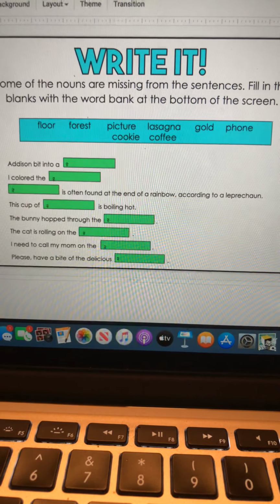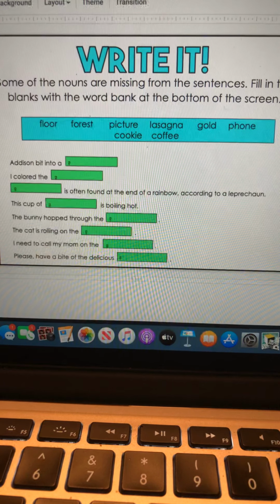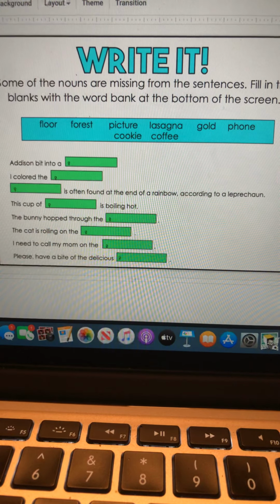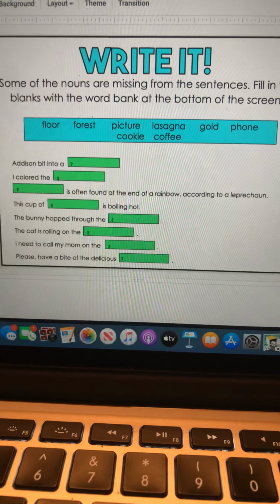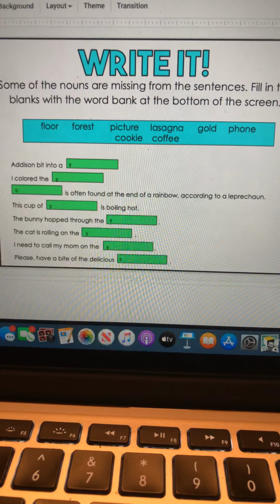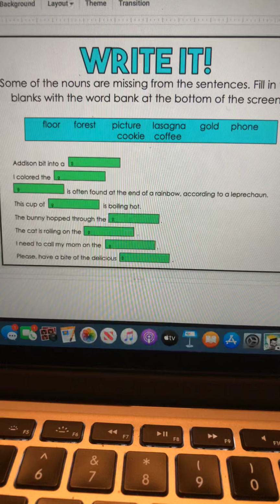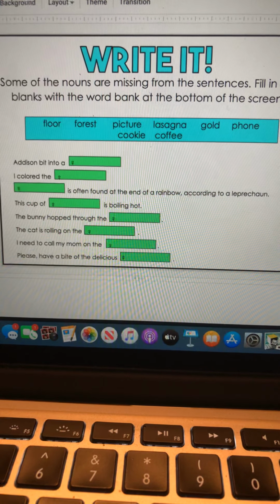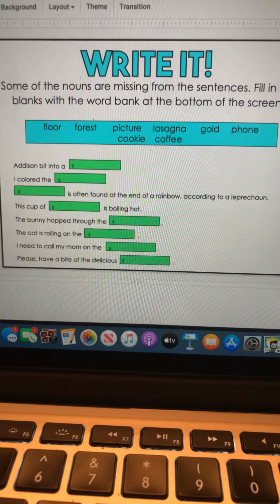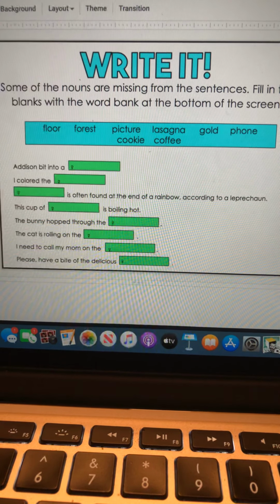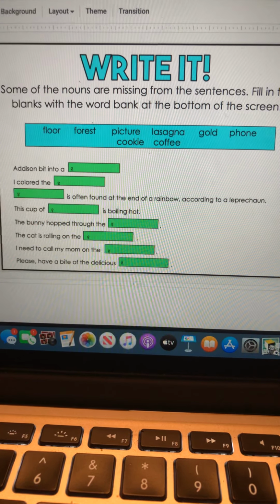Next, the bunny hopped through the blank. Next, the cat is rolling on the blank. Next, I need to call my mom on the blank. And then the last one is, please have a bite of the delicious blank.